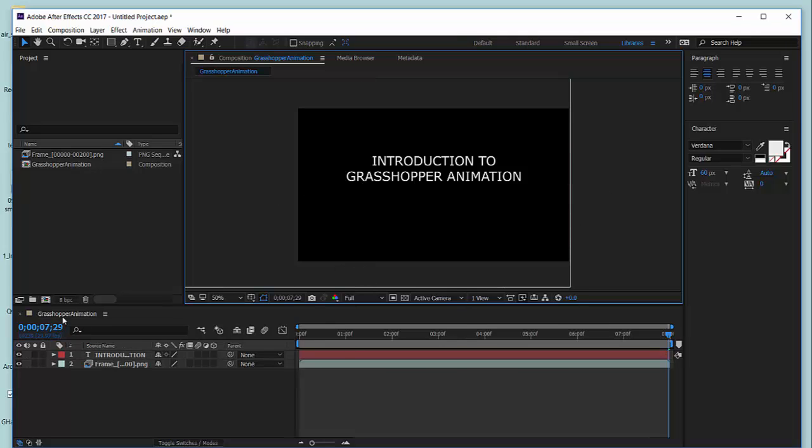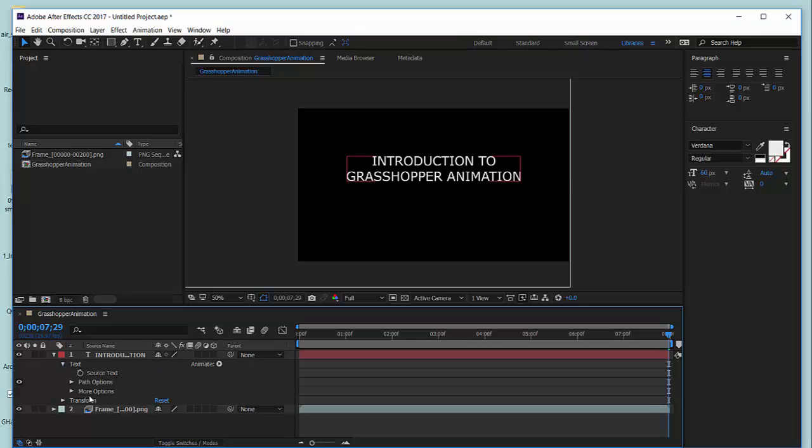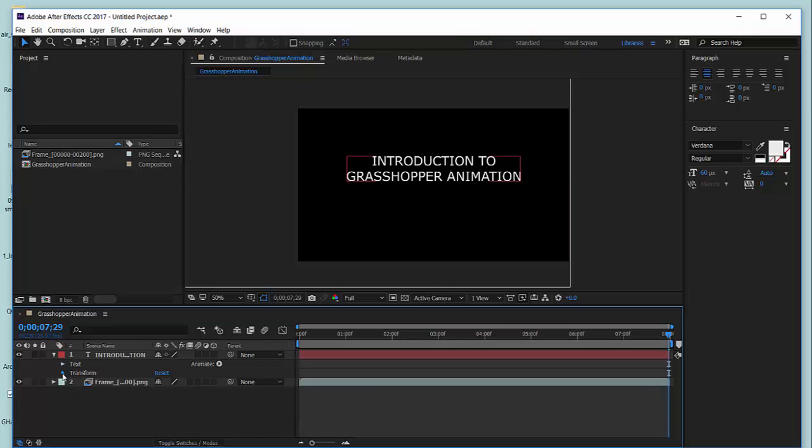Right, so I have the text, and similar to our image sequence, I can open my text attributes, and here we could see that actually there's 2 layers of activity we could do to our text layer. One is the text option. So with the text option, we will be working with attributes of text. This would be similar to, let's say, in Illustrator or Photoshop, where you would create text along a path. But if I go to the transform